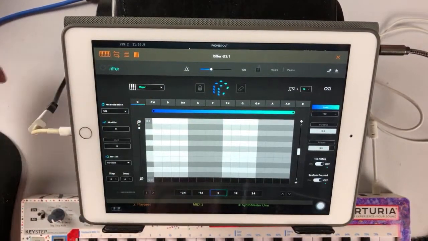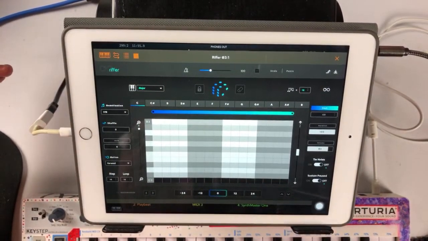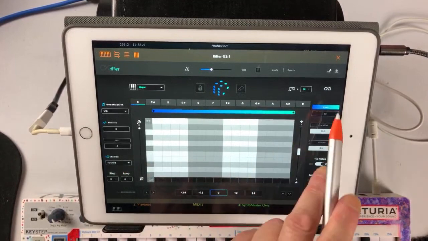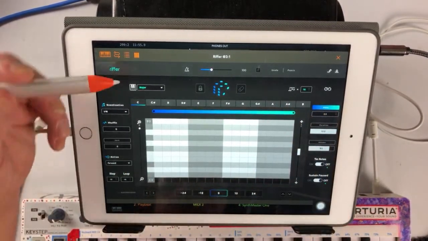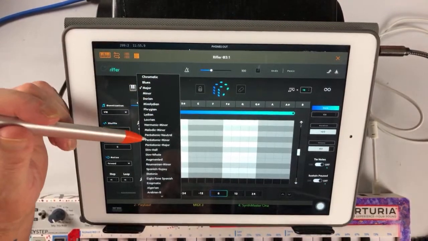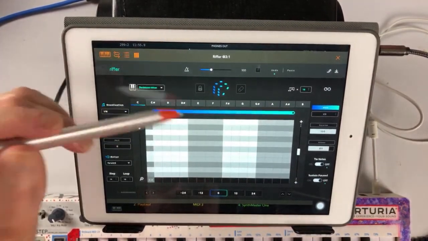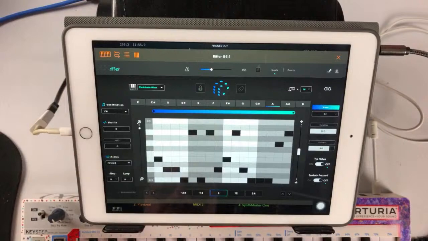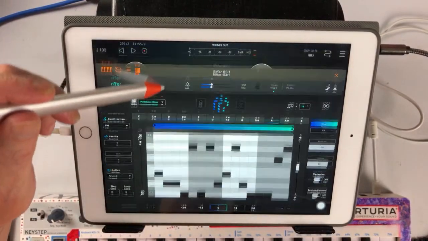So Riffer works similar to the way Playbeat, BeatPlay works. If you understand that, you'll understand how you've got your infinity there and stuff like that. So let's go with pentatonic minor. Always sounds great. We'll start with a pentatonic, but let's just randomize it, right? And as soon as we hit play now,